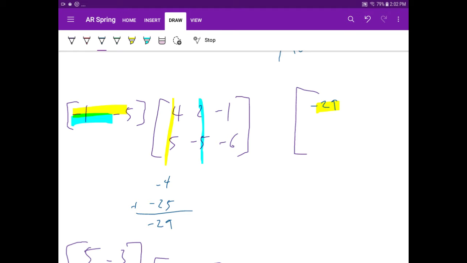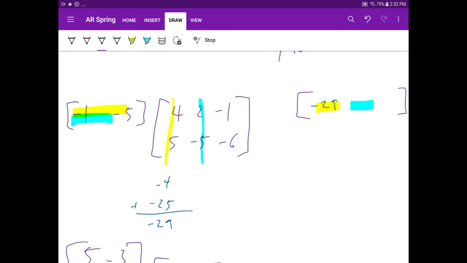Hold on. Let me make sure I have this thing pulled up so I can look at it. Yeah, I have this going the wrong way. So this next one is going to go this way. I made this too big. It's going to be a little bit smaller. Anyway,